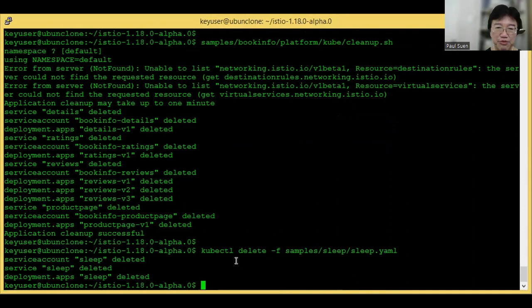Yep, so we have removed all the Istio ambient mesh and workload.